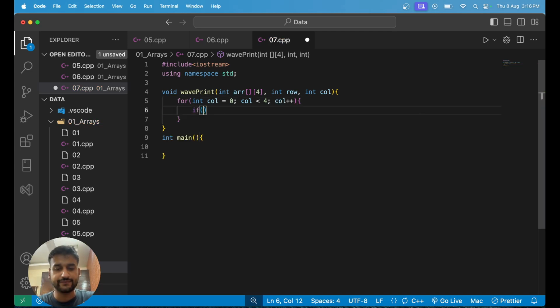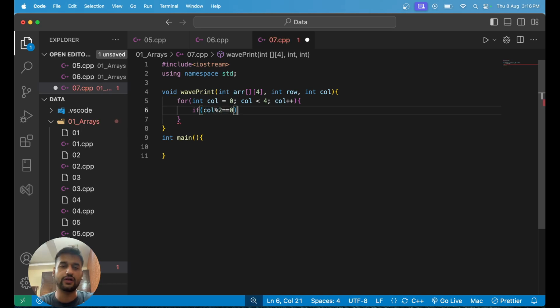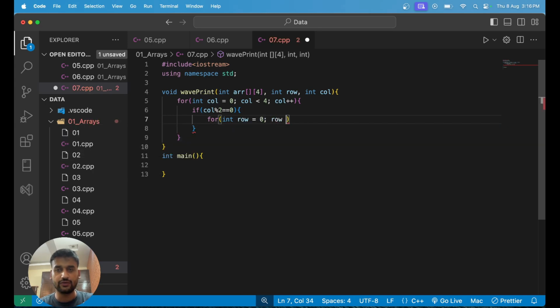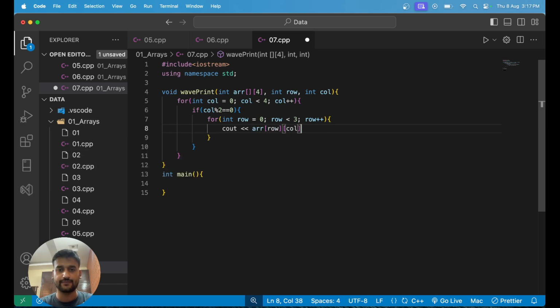Now before running the inner loop, we have to check the condition for the column, right? So I'll say if col and 2 equals 0, that means if the column is even over here. So if the column is even, I need to run the loop from top to bottom, right? So I'll say for int row equals 0, row is less than 3, and row plus plus, and I'll just print out array row col, like this. Okay,